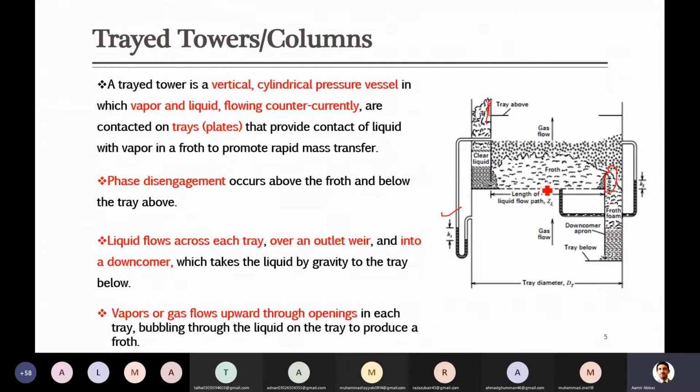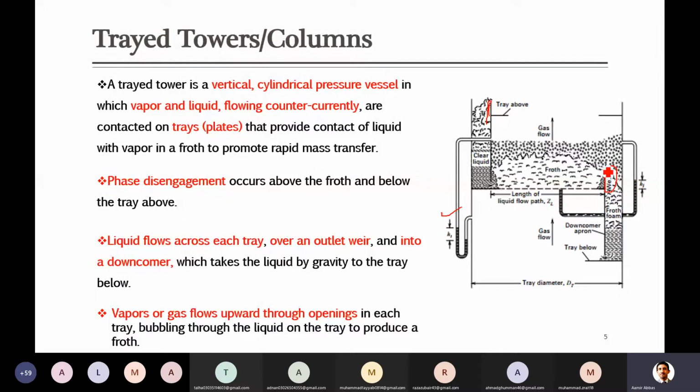The other case would be if we don't install any plates, then it will be a simple column without plates, as we have seen somewhere in the spray or the bubble column. So in such kind of columns in which there are trays, there should be some path, and this is the best possible path for the liquid to flow down, and it is very commonly used in all of the distillation equipment. In some equipment, for example in this one, you can see that it is on the side, along the wall of the distillation column. Sometimes you can have distribution of the liquid from the middle.